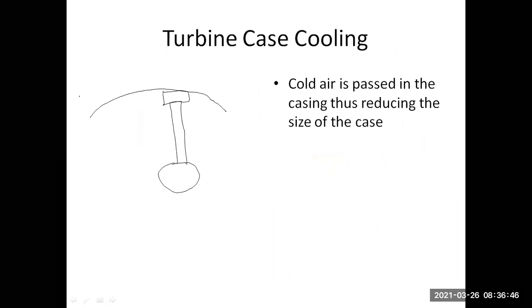So what we do is, the case is having a double layer. Inside the case, we send in cold air. So you can understand what will happen. If there is cold air, this will contract. Contract means reducing the diameter and it will try to come down. Understood? Clear? And because of the radial load, the blade is trying to go up. So you can understand what I'm trying to say. Cold air over here is trying to make the case as small as possible. Radial load is trying to take it as far up as possible.